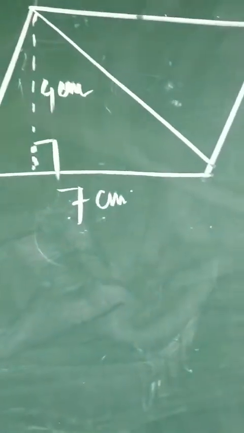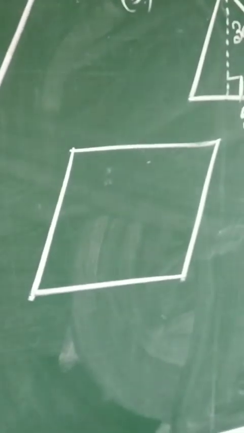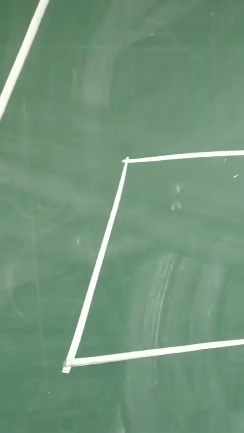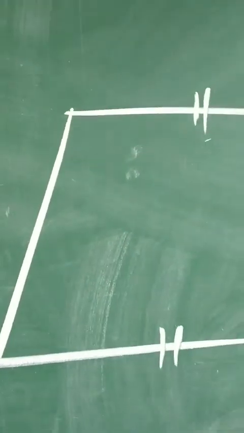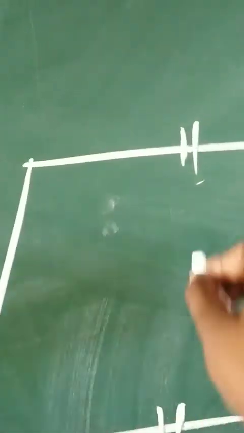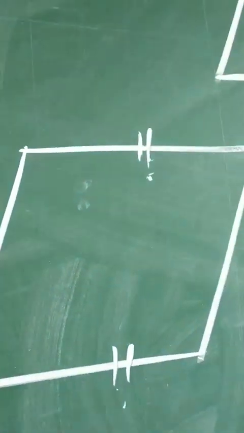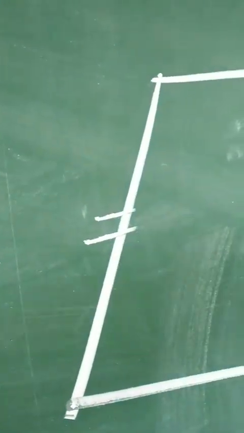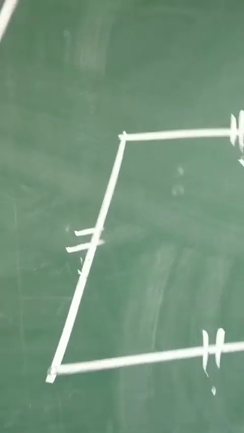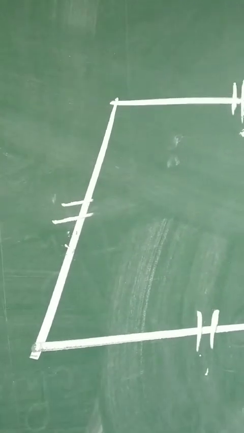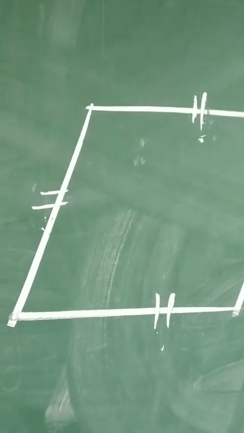For an example, let me draw one rough figure for you all. This is a parallelogram, right? So how could we say that this figure belongs to the parallelogram category? We need to understand the opposite sides are parallel. This side and this side are parallel and they are equal in measure. Similarly, these two opposite sides are parallel and they are equal in measure. If such conditions apply on a figure in which opposite sides are parallel and equal in measure, we could say that the figure is a parallelogram.